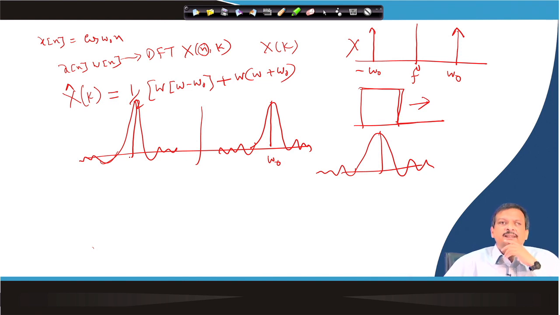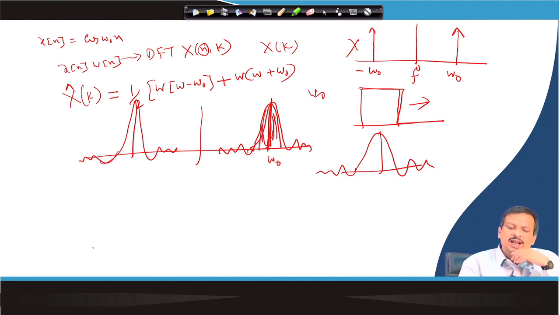So, what am I getting? I am getting a sinc function, so I cannot say this is a particular omega 0 frequency. So, the power of omega 0 will be distributed to nearby frequencies also. So, I get a frequency band. So, what is the bandwidth? Now, what is the representation of the sinc function?